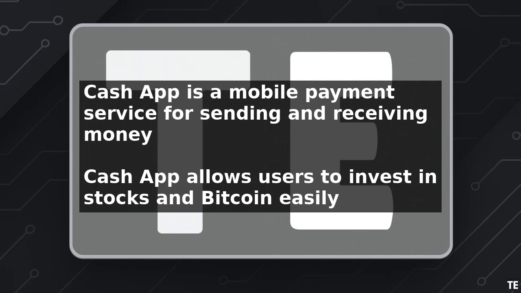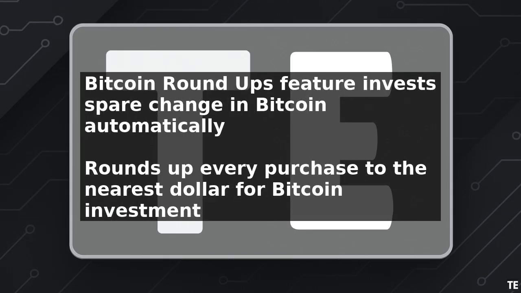To get started with Bitcoin Roundups, you need to have a Cash App account and enable the feature in the app. Once you have enabled Bitcoin Roundups, Cash App will round up every purchase you make to the nearest dollar and invest the spare change in Bitcoin. For example, if you buy a coffee for $3.50, Cash App will round up the purchase to $4 and invest